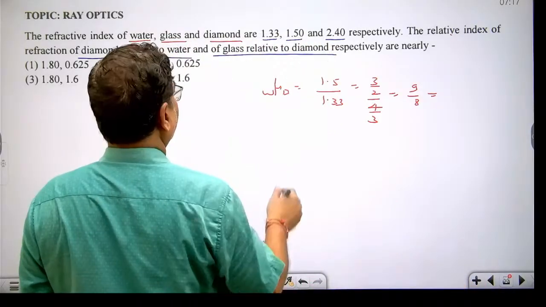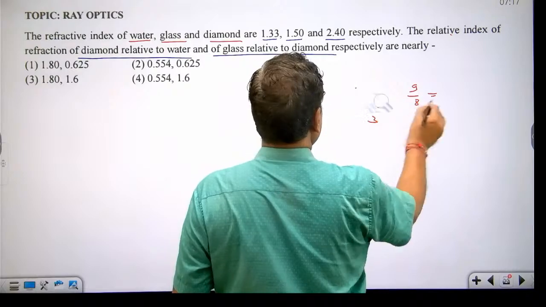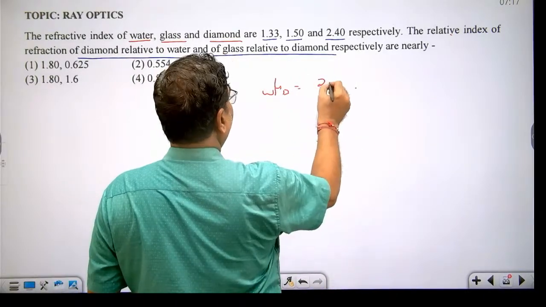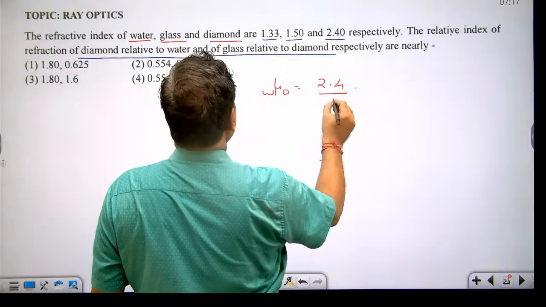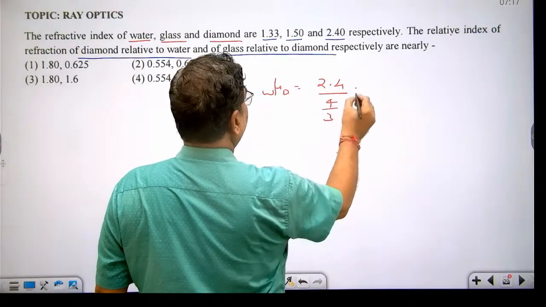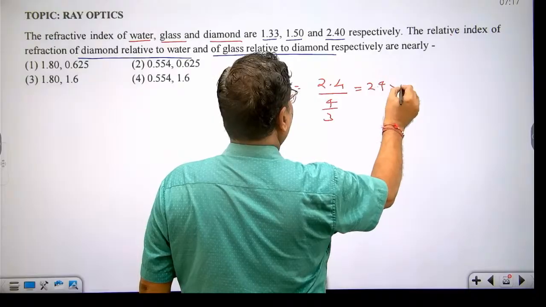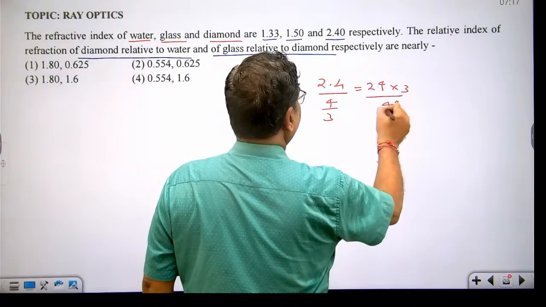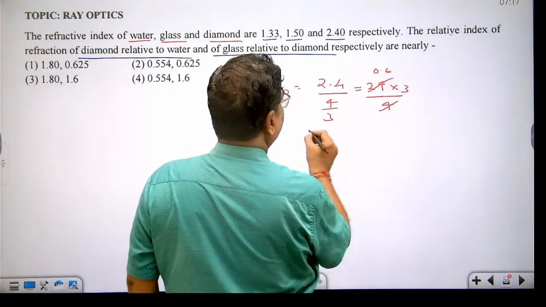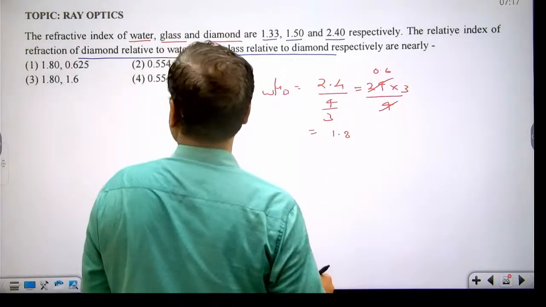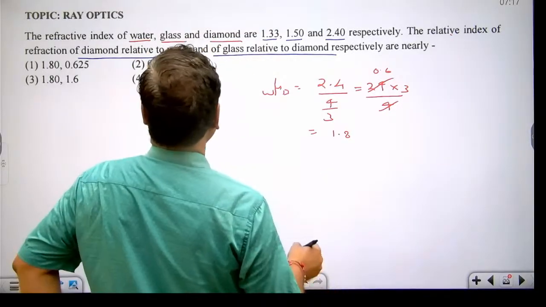Sorry. Refractive index of diamond is 2.4 and refractive index of water is 4 upon 3. So this is 2.4 into 3 upon 4. This is 0.6. So this is 1.8. Okay. And refractive index of glass